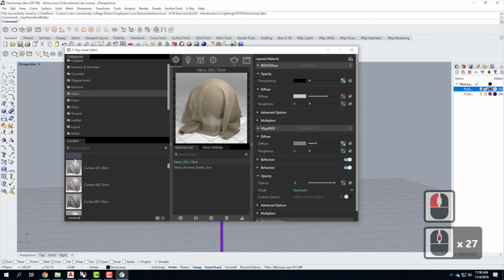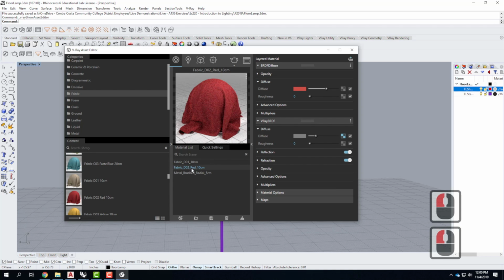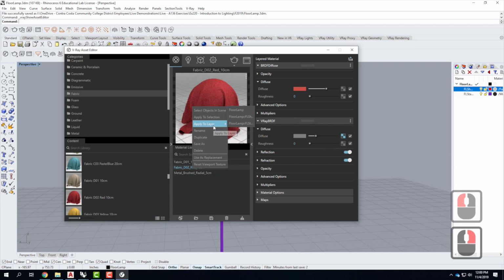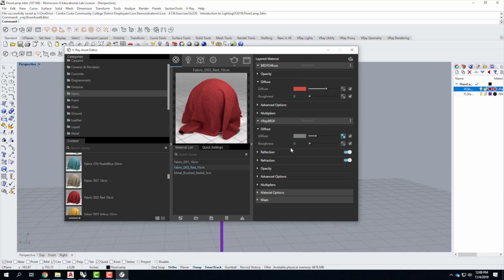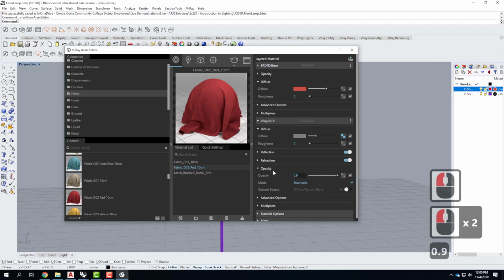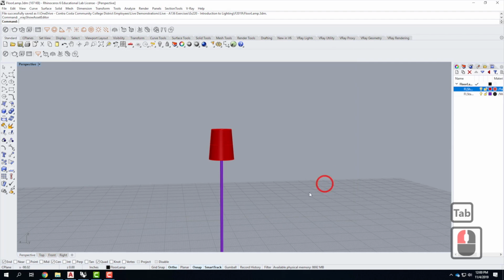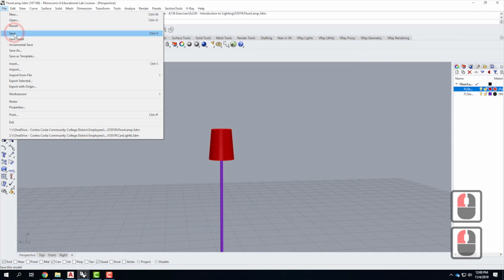Go back to the plain fabrics. Those were working pretty well. Sure, why not? Let's use the red. All right, so there's my red fabric. I'm going to right-click and say apply to the shade. And then over here where I adjusted that diffuse, there, opacity right there, I changed that to 0.9. There we go. So that's set at 0.9. If I save this now,